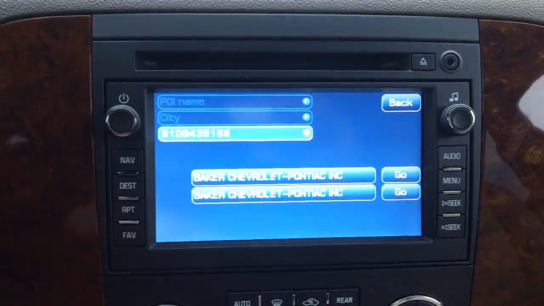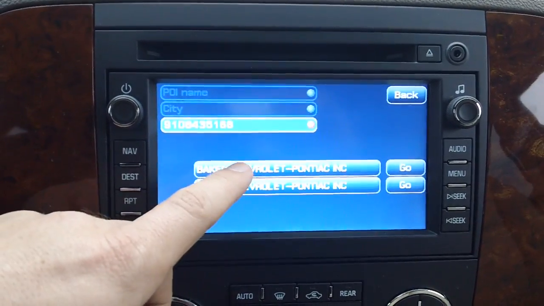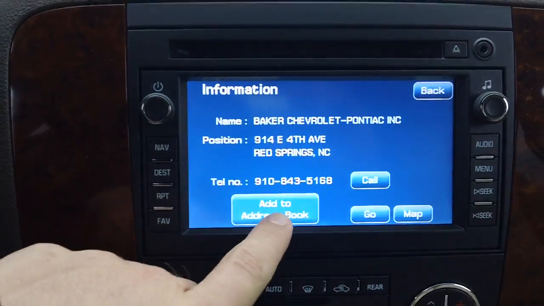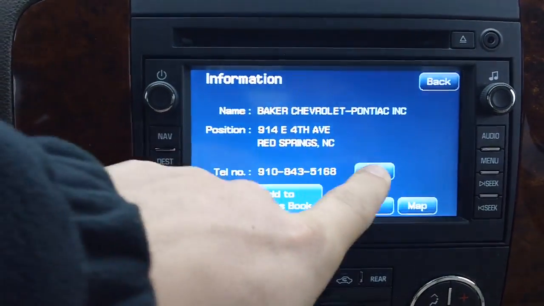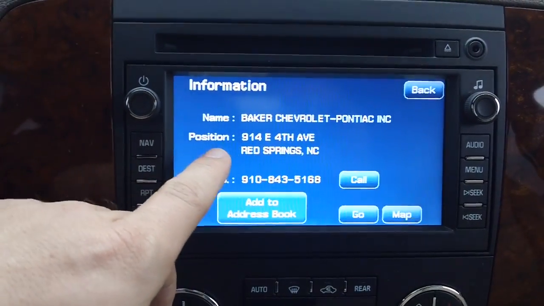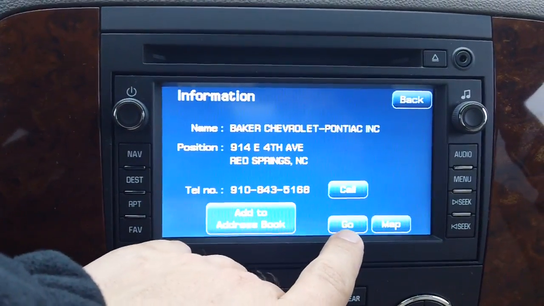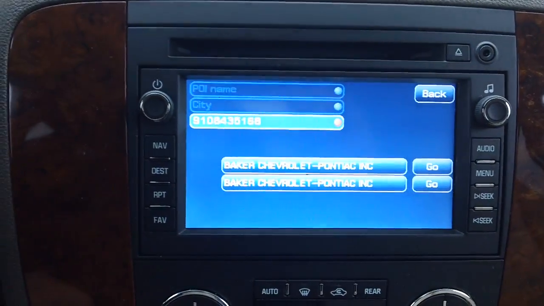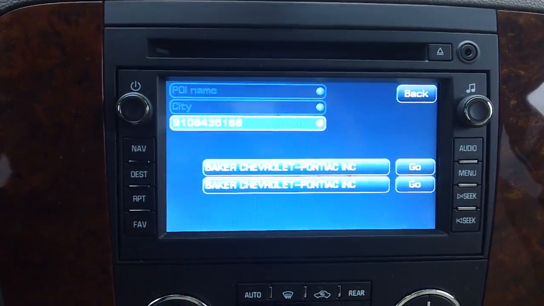And it says Baker Chevrolet Pontiac. Then if that's what we want to do, we can hit that. We can actually, when you highlight it, add it to the address book. We can call it using our OnStar phone, or we can have our complete position, or hit go, or see it on a map. I'm going to back out of this all the way,